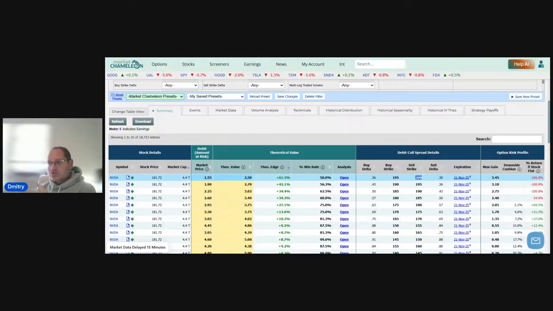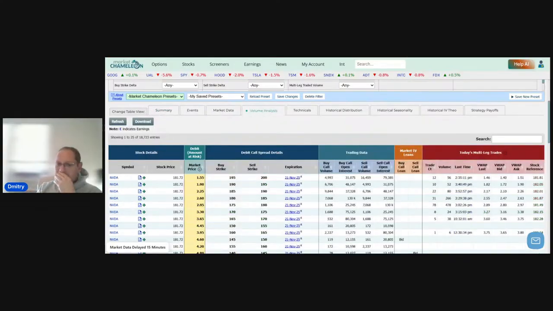Before we do that, I'm going to first go to the tab which shows us that data. We're going to go on volume analysis. Here in the data table, you can see we still have NVIDIA. These are the spreads. And here we see the volume that's traded on a day. We have two strikes, one on the buy strike and one on the sell strike. So this is the volume on the day,